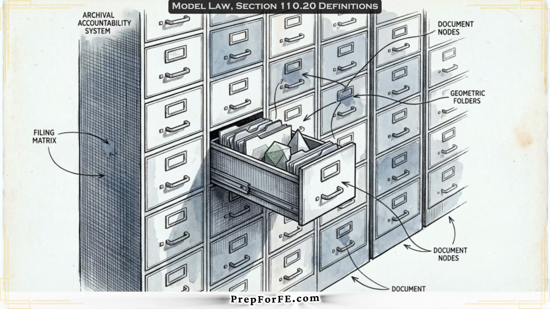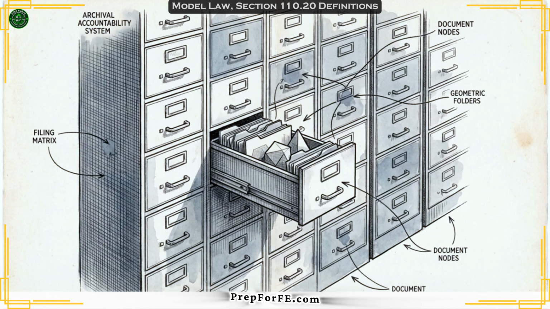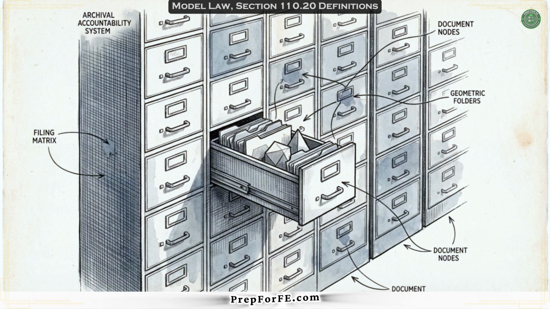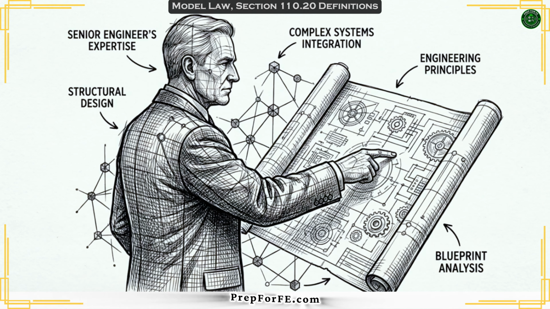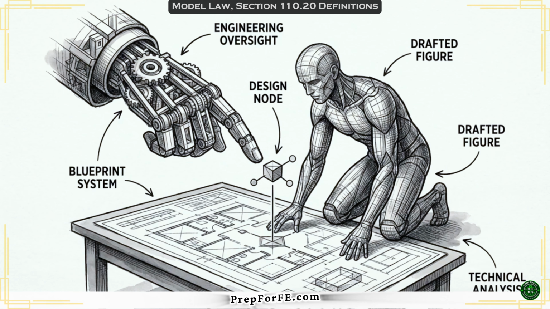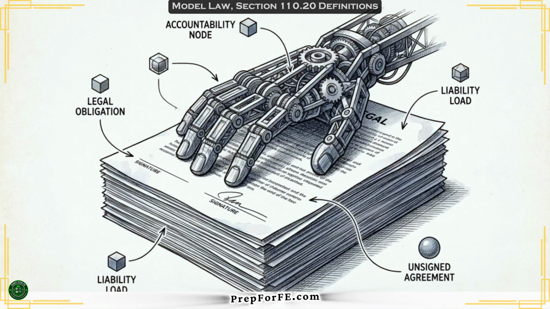Finally, we move to Node 3, accountability, which outlines how the board tracks responsibility for all professional work. The most critical term here is responsible charge, defined as having direct control and personal supervision over engineering or surveying work. A professional is prohibited from authenticating any document or work product that was not produced under their direct responsible charge.